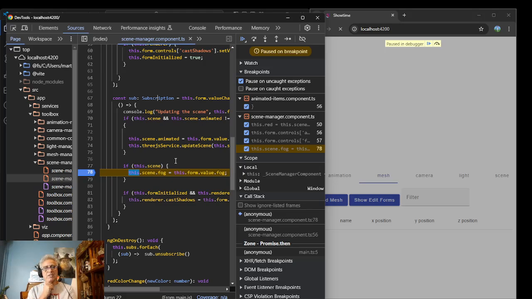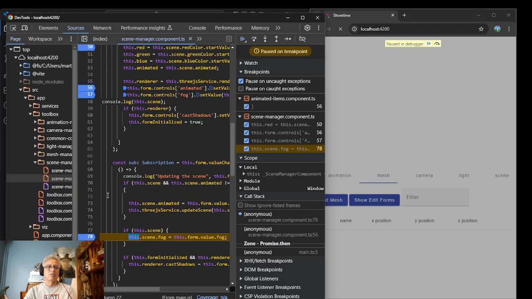And so the subscription is waiting, but I would have still thought that this line of code would execute before this, but it didn't. Okay, so it seems like we should not set that subscription until the form has been initialized,